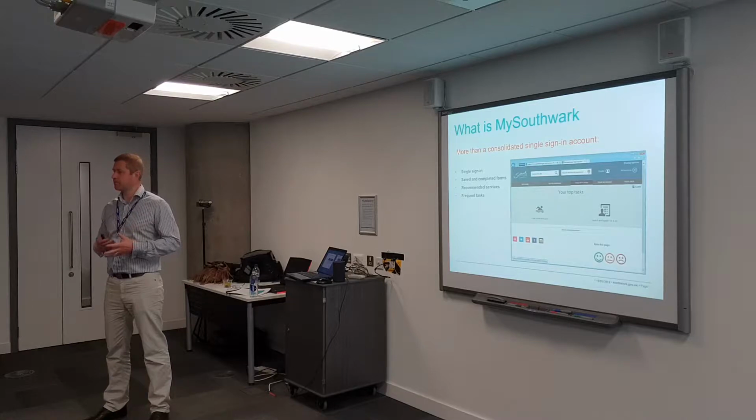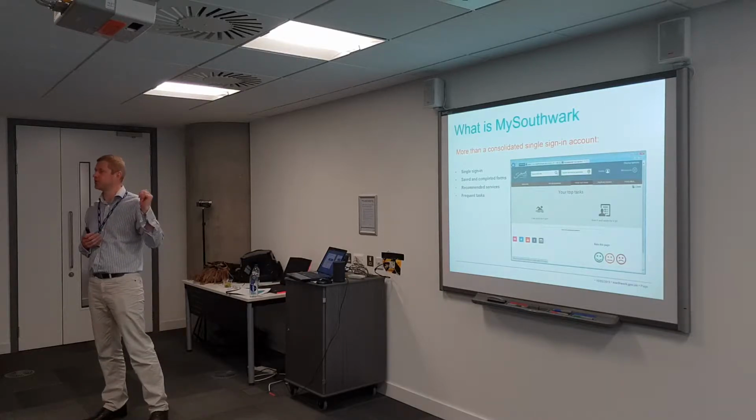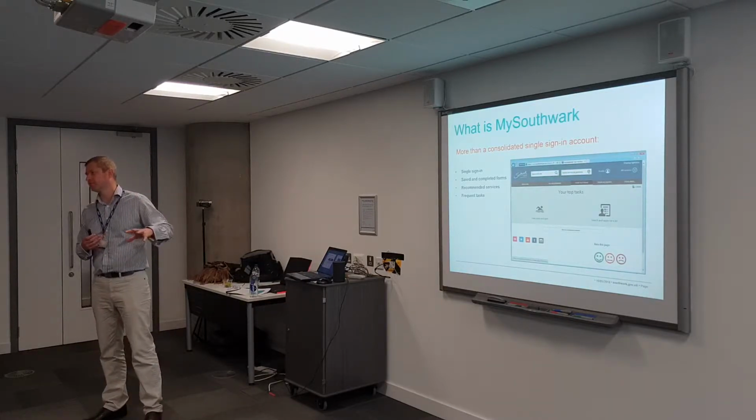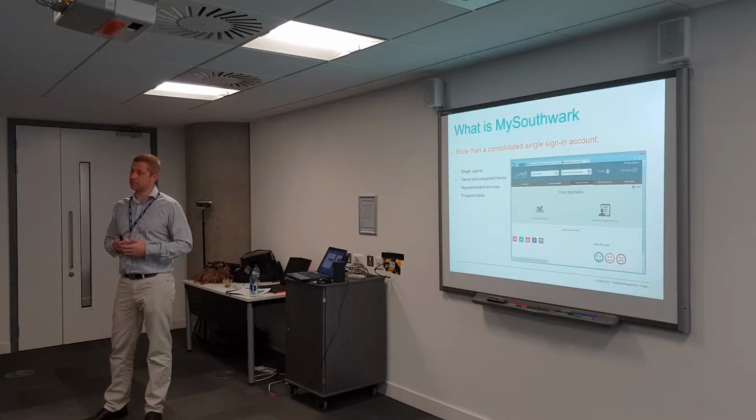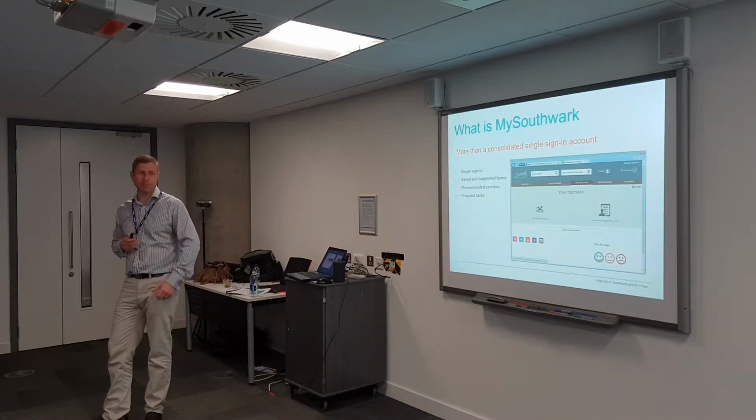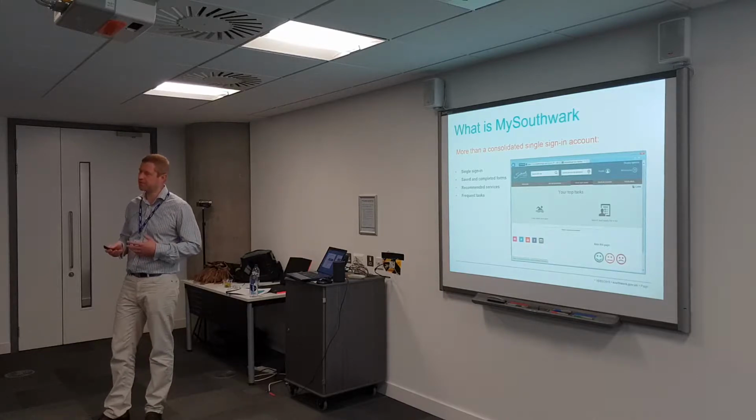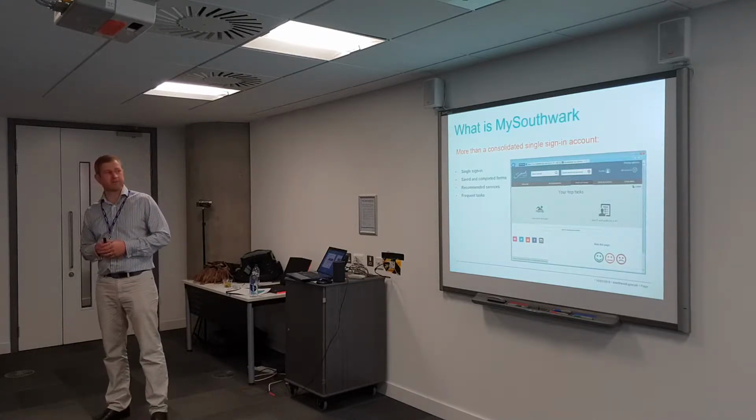So again, there's an algorithm in the background there that looks at what I've been doing when I've been signed into my account, which processes I've been looking at, and it also compares how recently I've done that. So I might have done something 10 times 2 years ago, but it will start dropping off as more recent transactions take over. So it's a combination of frequency and use. And some we just exclude. We know you did it yesterday, but you're not going to want to do it again. If you applied to register for council tax, you submitted that form, you're not going to want to register again tomorrow. It's not something you do frequently, so some things we can exclude from that.